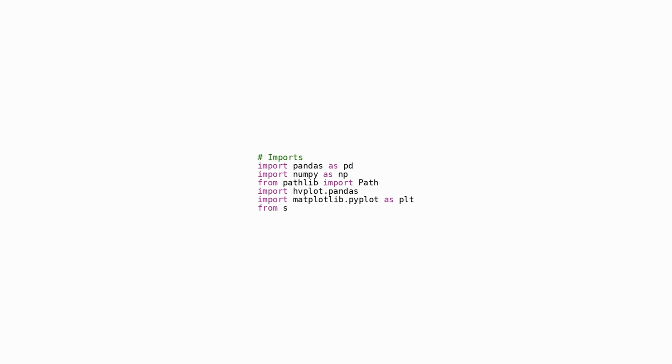The pathlib module's Path class is imported for object-oriented file system paths, making it simpler to work with file paths. The hvplot.pandas is imported, which is an extension for the pandas library, provided by HoloViz. This enables creating interactive plots using hvplot directly on dataframe objects. Matplotlib.pyplot is imported with the alias plt, which is a plotting library used for creating static, interactive, and animated visualizations